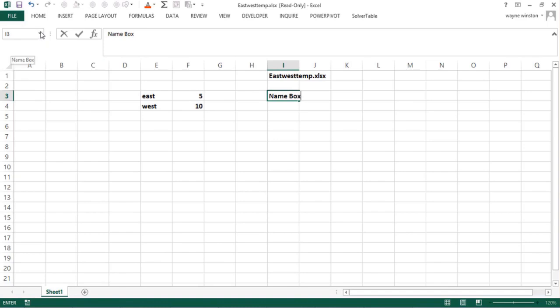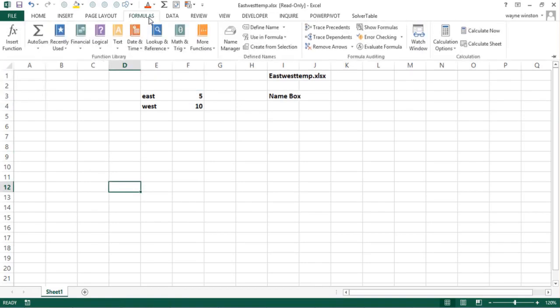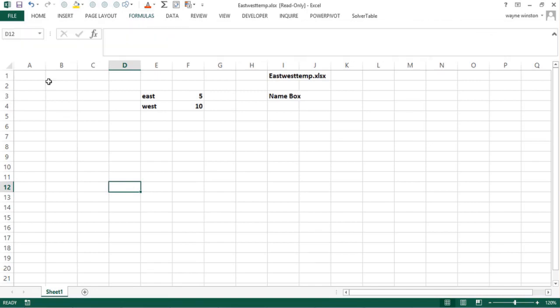You probably stayed up nights wondering what the name box was. But you can select a cell or a range of cells, like we'll select this cell with the 5. Then we go to the name box and type East. It's not case sensitive, and hit enter. Now if you click on the name box and click on East, it goes right to that cell. That means if you use East in a formula, it'll refer to F3. And when you name a cell,